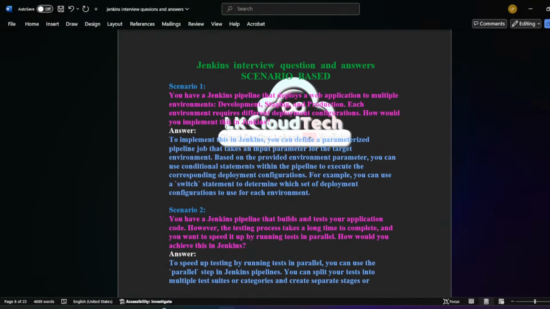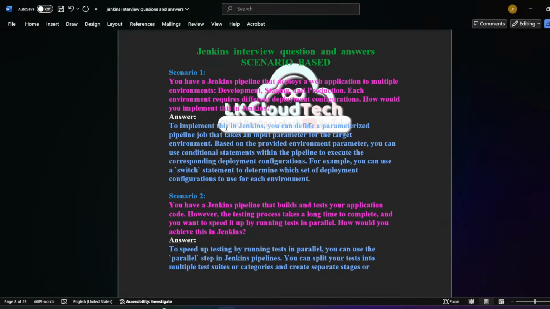Okay. Jenkins interview questions and answers, scenario based. The first scenario is you have a Jenkins pipeline that deploys a web application to multiple environments. Okay, development, staging, and production. Each environment requires different deployment configurations. How would you implement this in Jenkins? This is a really good question, right? To implement this in Jenkins, you can define a